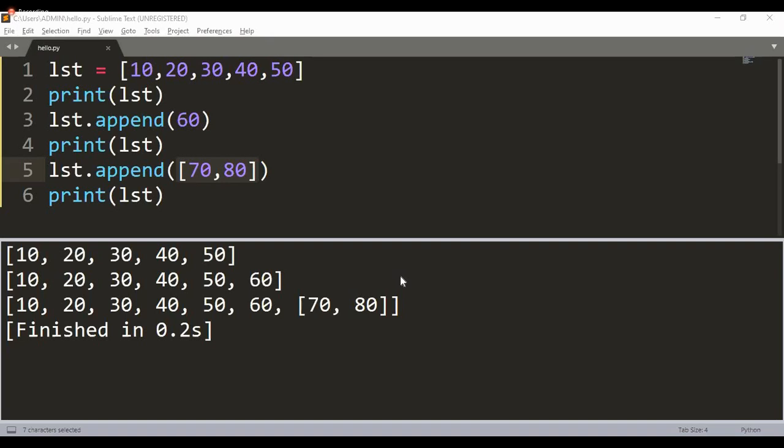Full stop. After executing the method append on the list,